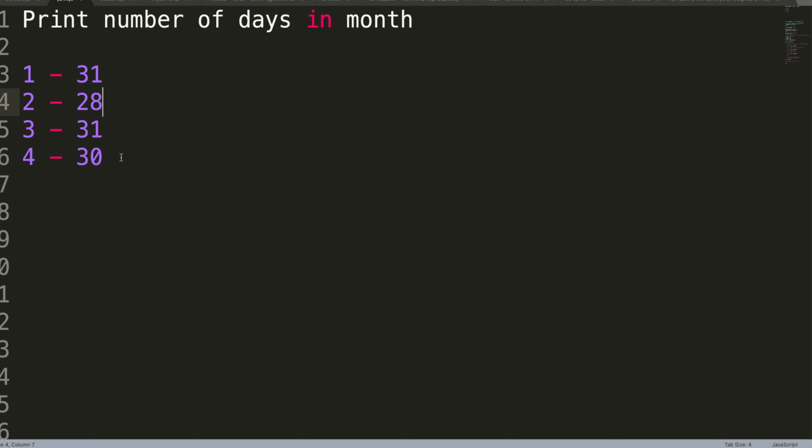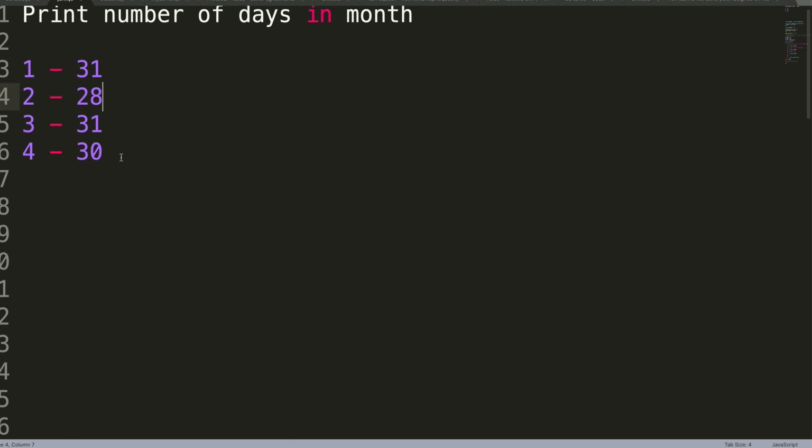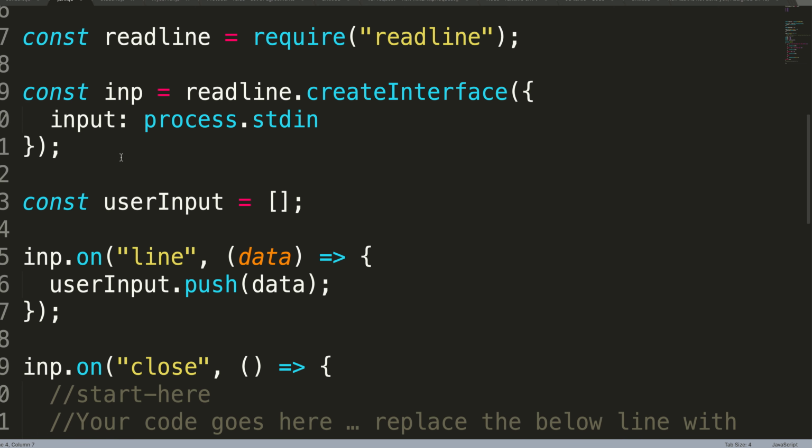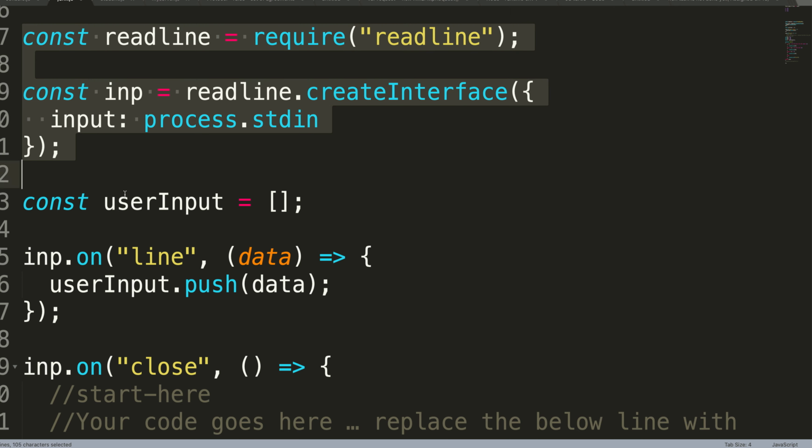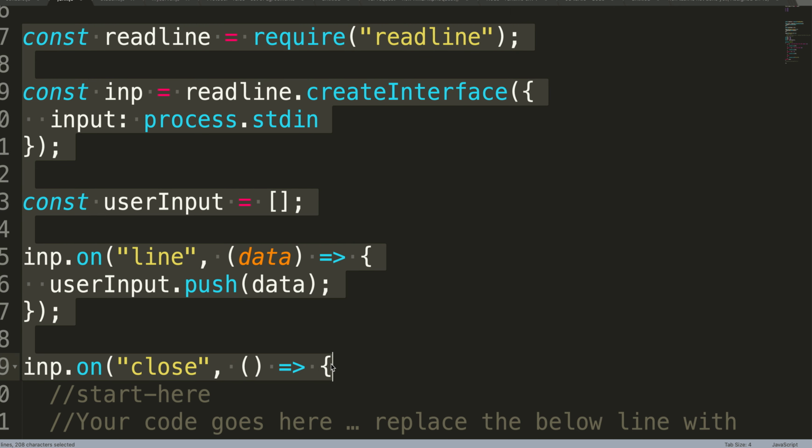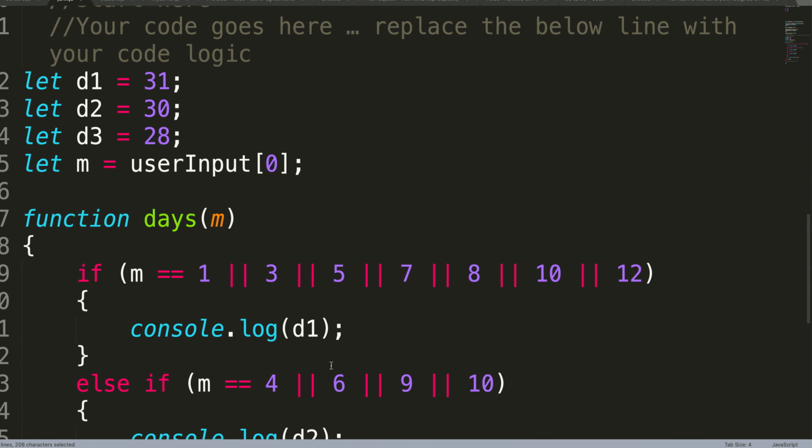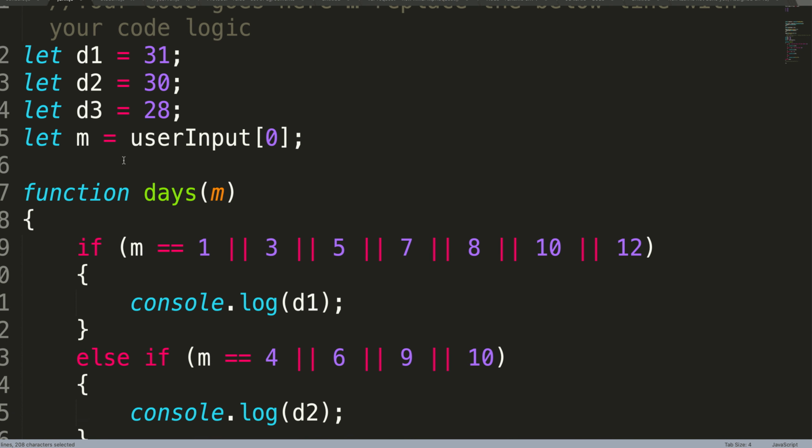And one of the students has asked for a doubt. I'll take his code and debug it for him. So this is the code. The first few lines are for code kata or the IDE, reading from the input lines. So let's ignore all those things because that's standard stuff. This is where he has started the logic.